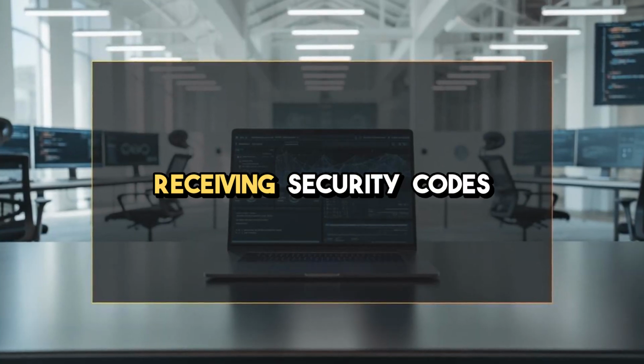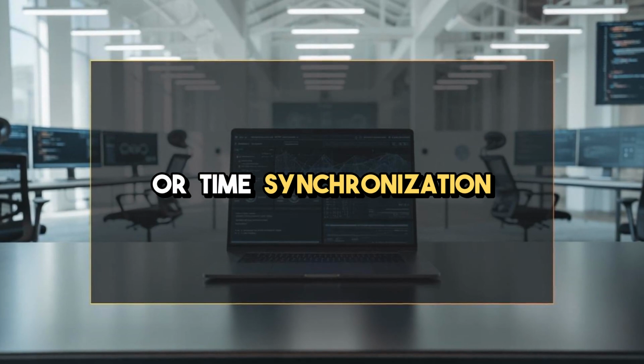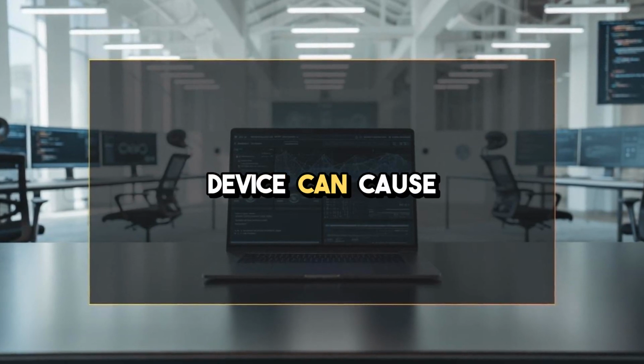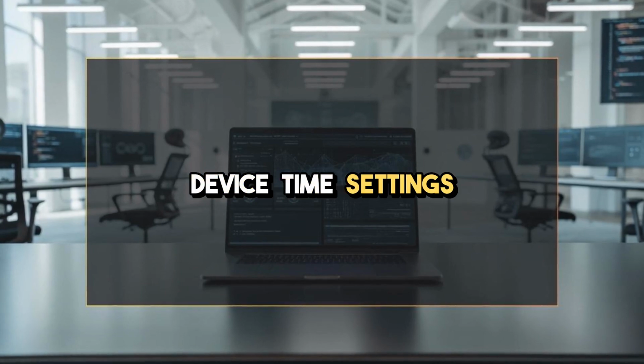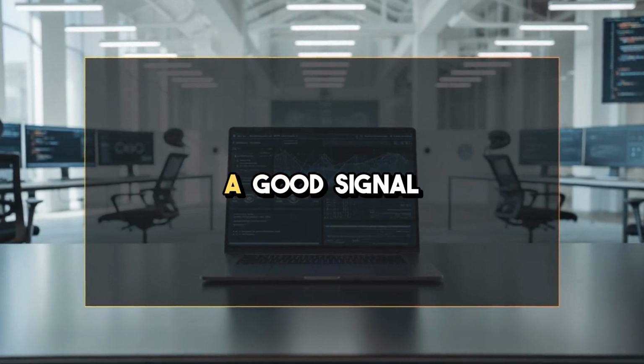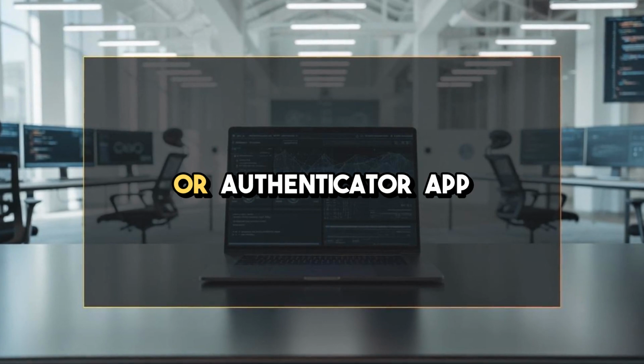Fifth, enable two-factor authentication correctly if you have it set up. Sometimes, delays in receiving security codes or time synchronization issues on your device can cause authentication failures. Make sure your device time settings are automatic and that you have a good signal to receive SMS or authenticator